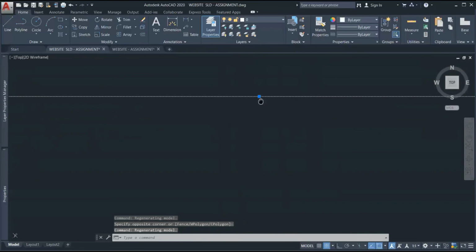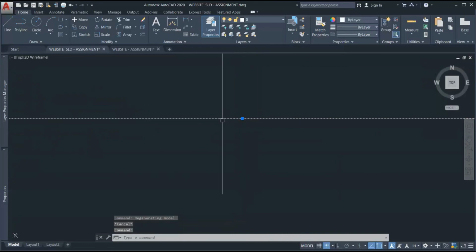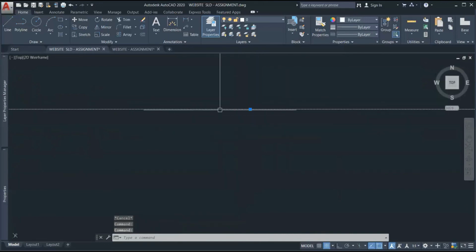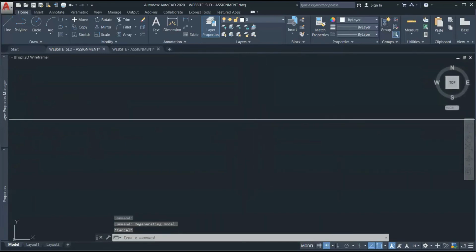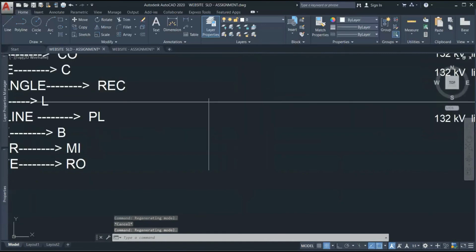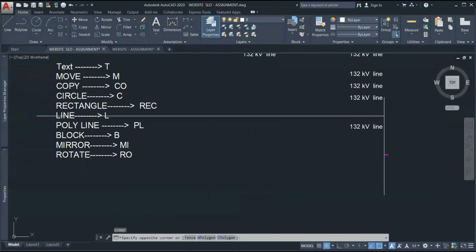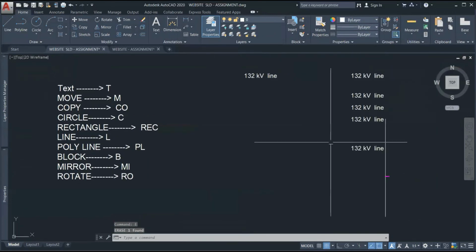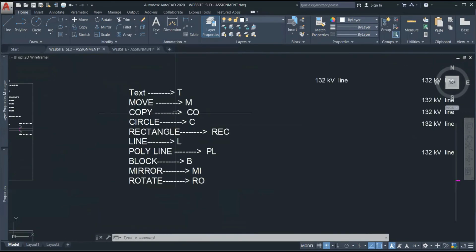So if you are making any connection, like an electrical connection, you can use this snap command there, so that no precision error will be there. Okay. So make sure when you open AutoCAD first, just press OS enter and select all. Select all here. Okay, and press OK, so that you will be able to track each and every point, right? I'm just deleting this. Erase command we are using to erase the object, right? So text is clear, move is clear, copy is clear, right?